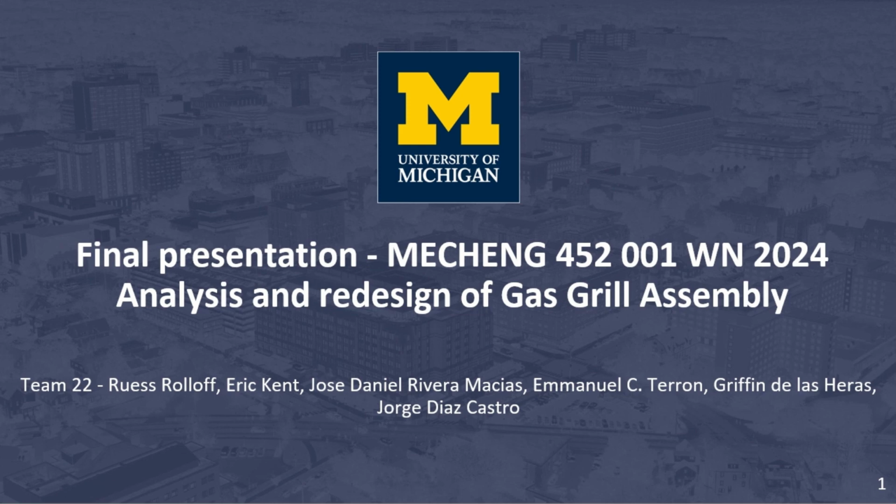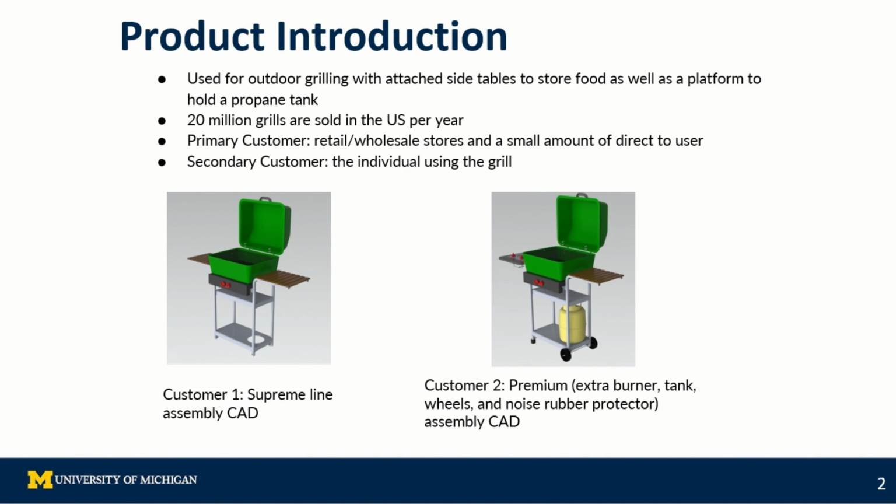Diaz Castro. For product introduction, we have the gas grill assembly, where the main usage of this is grilling. For the market research, we estimate near 20 million grills being sold in the US per year, and we identified two types of customers. The primary customer, the Supreme line, for retail and wholesale stores, and this grill will contain the baseline feature. The secondary customer, the premium line, where the grill will come with the features that enhance the